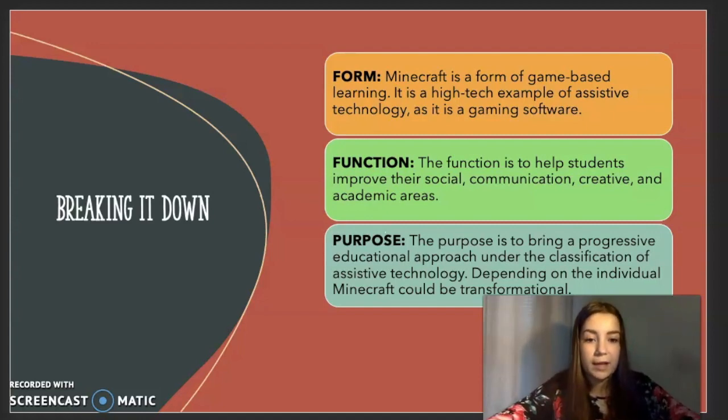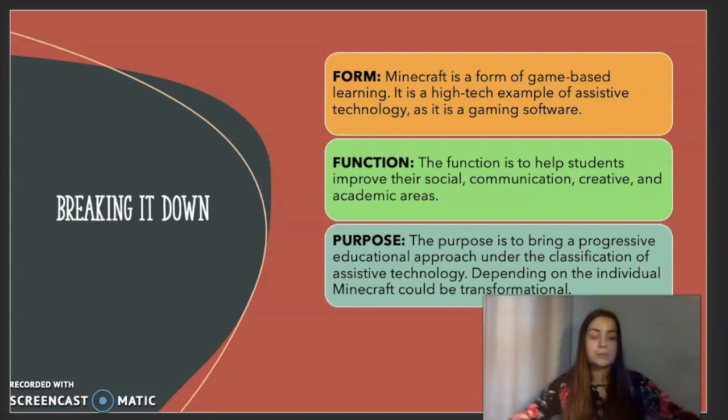Specifically, as we know, in parts 2, 3, and 4, we're going to get into how it helps students with autism or on the autism spectrum improve their social, communication, creative, and academic areas. Ultimately, the purpose is to bring a progressive educational approach under the classification of assistive technology, because, again, depending on the individual and our individual students, Minecraft could really make transformational learning happen.